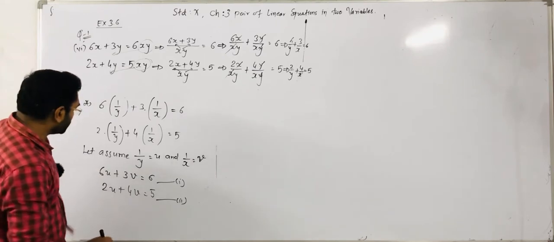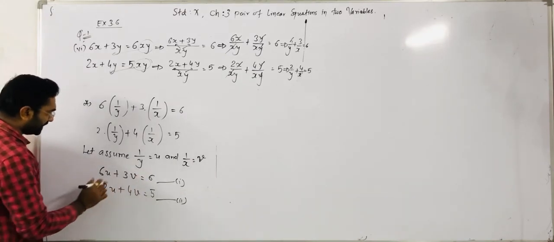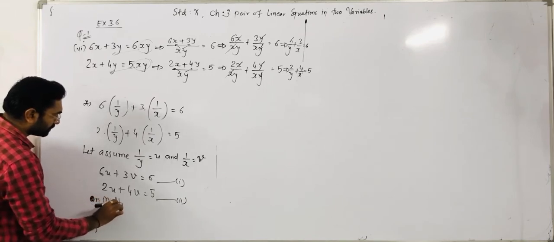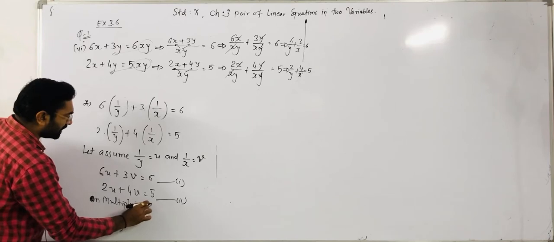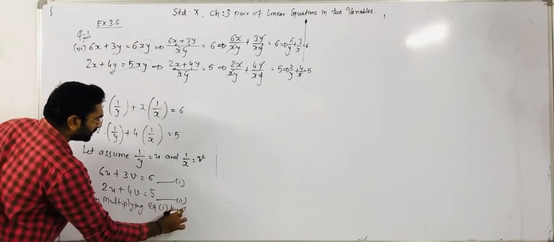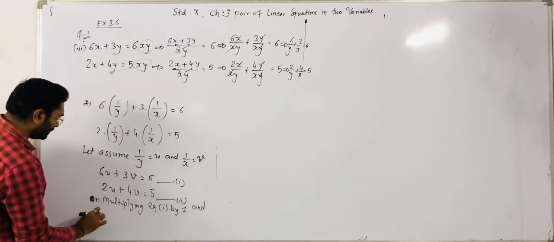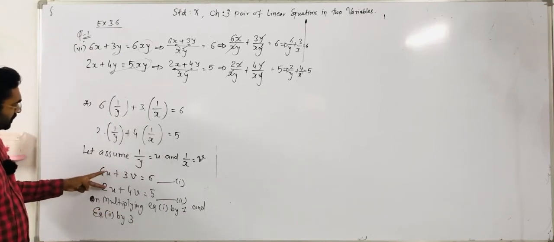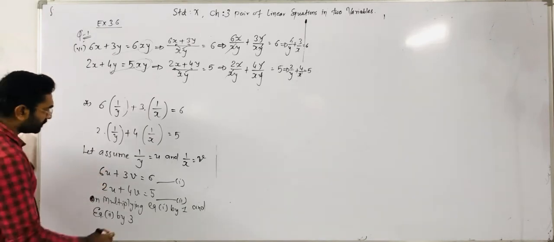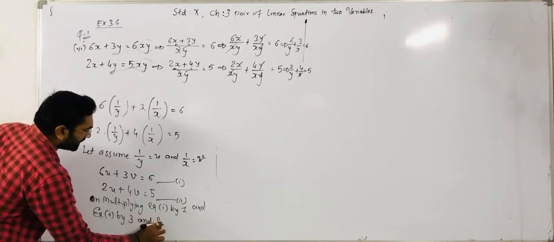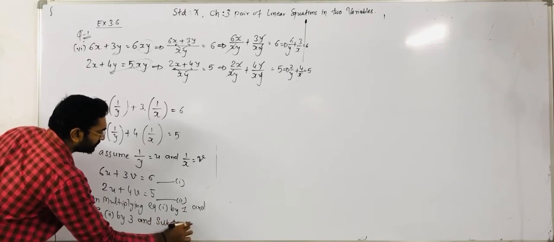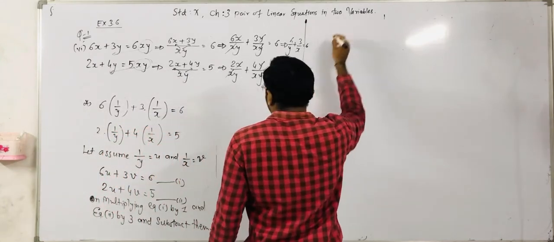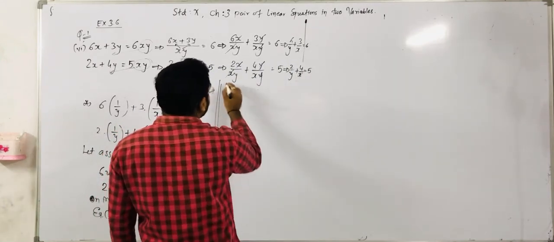So here we multiply equation 1 by 1 and equation 2 by 3. See, both u term signs are positive. So what we have to do: whenever the sign is the same, then subtract them. Okay. So here we solve using the elimination method.